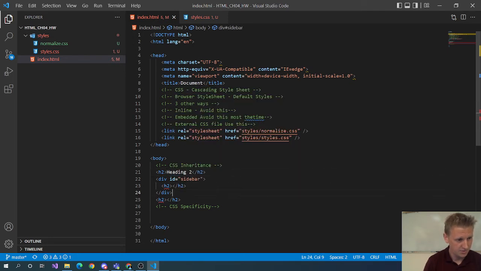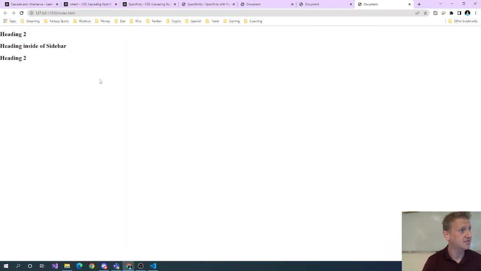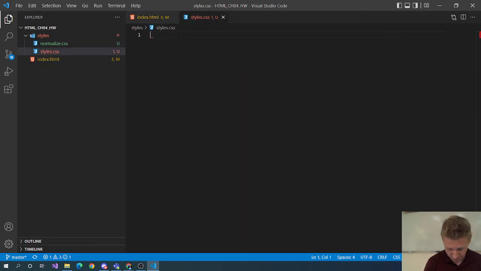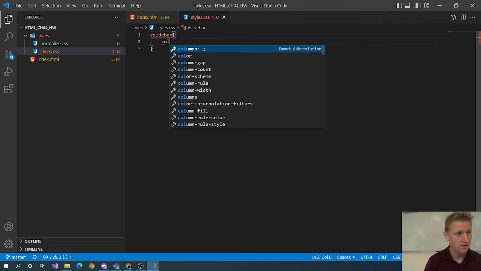Heading 2, heading 2, heading inside of sidebar. And so let's just look at this. We got 3 headings. One's inside of sidebar. What we're going to do is we're going to target sidebar, color purple,